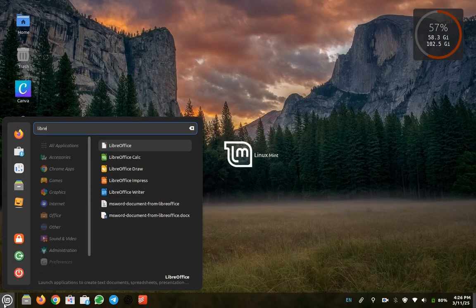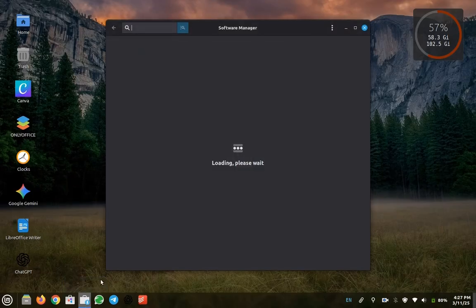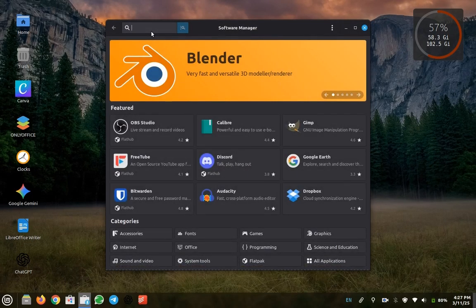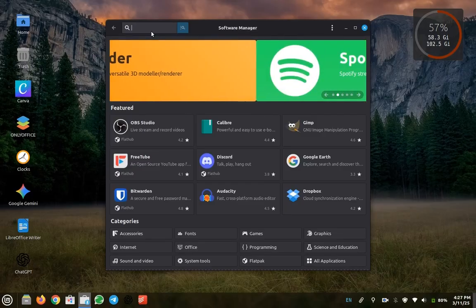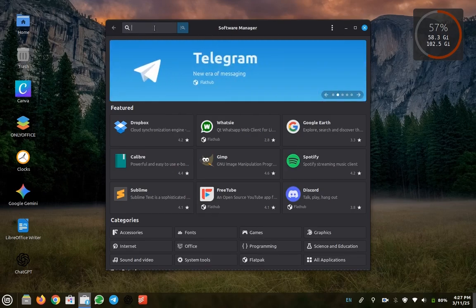LibreOffice, I told you that it comes pre-installed. You don't have to download it. Actually, if you are installing the same system as I install, if you install MMD, you will not have to download LibreOffice. It will come by default. But if you want to download, you can go to the software manager of Linux Mint, and let me tell you, I am using the term Linux Mint and NMD interchangeably because they are actually the same. NMD is just a Debian based version, so that's why if I say Linux Mint, you can suppose that it is NMD.